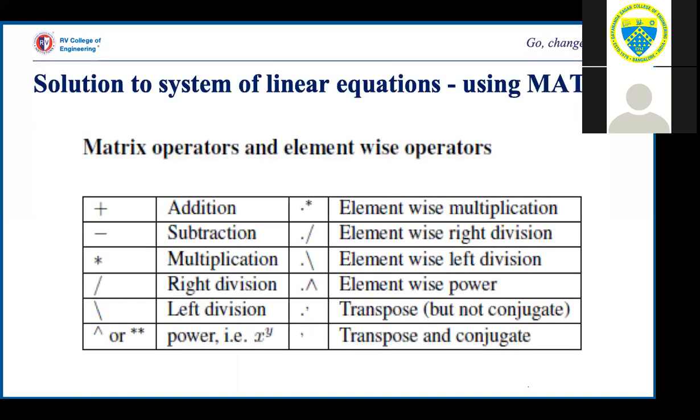Let's look into matrix operators. Plus is addition of matrices, it is element wise. So usual plus symbol for addition, minus symbol for subtraction, multiplication A star B, provided the dimensionality matches. Then you have right division, left division, exponentiation. You can use hat or double star. Other thing is element wise operation using the dot operator. So dot star does the element wise operation.